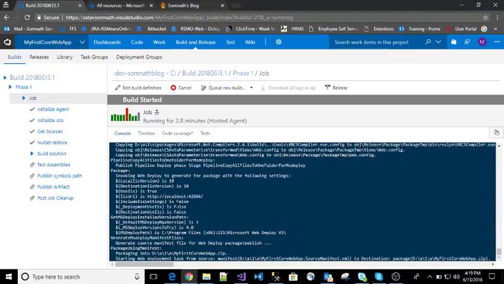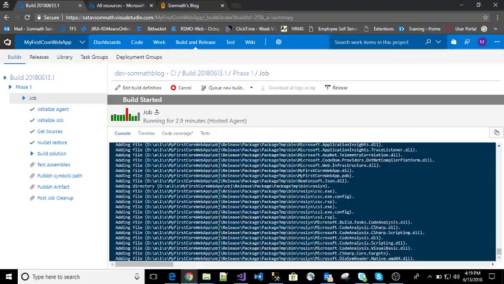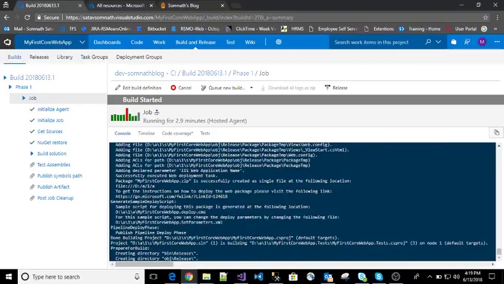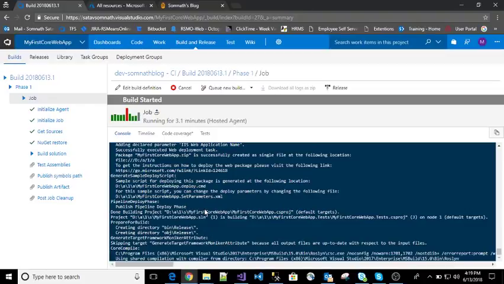It's still in progress. So we'll wait till the build gets finished. It will take a few more minutes. As soon as the build gets finished, it will drop the artifact to the location, and as soon as it drops it to a particular location, then the continuous delivery will